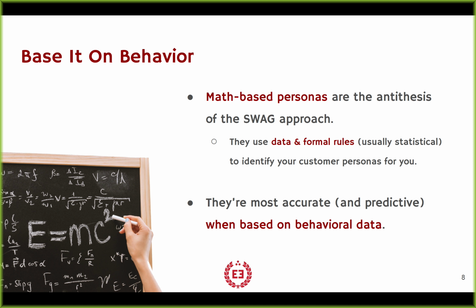These are usually the result of formal rules, statistical rules. I'm going to talk about two statistical methods today, dimension reduction and clustering. But there's a formal process that information goes through to create the personas. And it has its own problems, it has its own limitations, but it is far better than just a few people guessing at this.